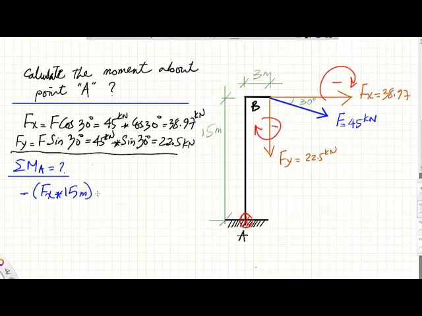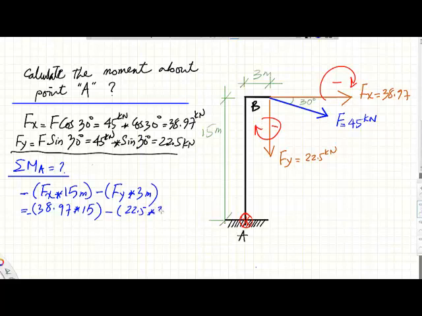And for Fy it is again negative, so it is Fy, and the distance between the component Fy and A is equal to 3 meters. So again, if we just substitute the values for these, we'll get 38.97 multiplied by 15